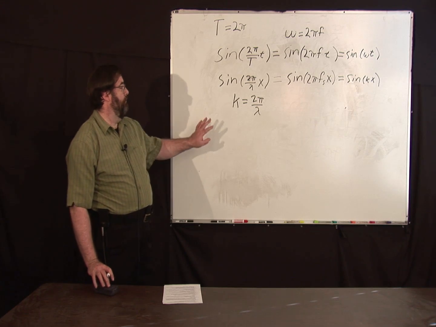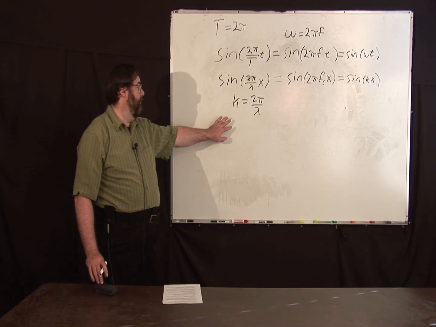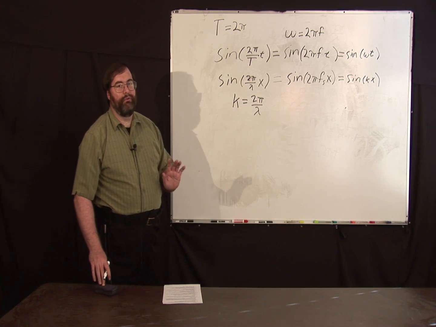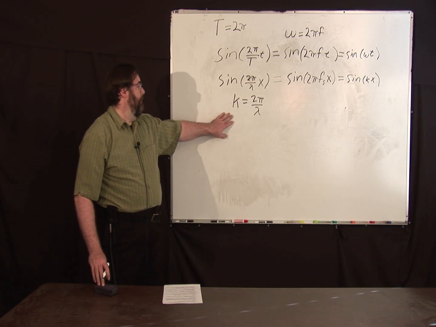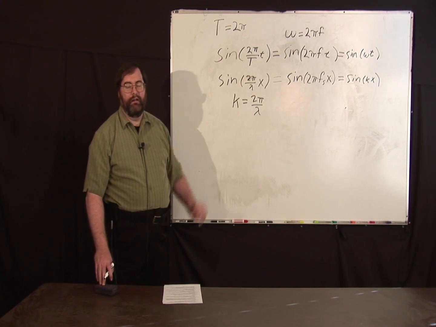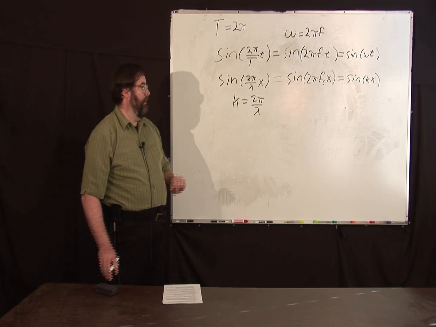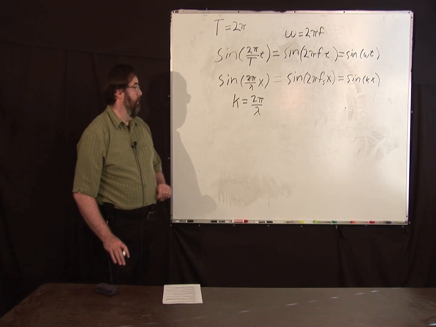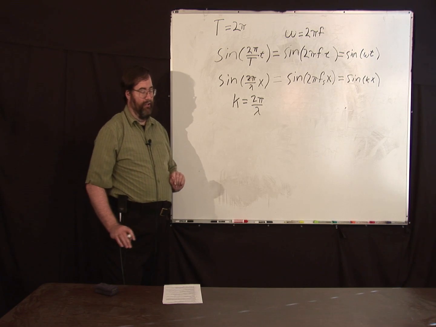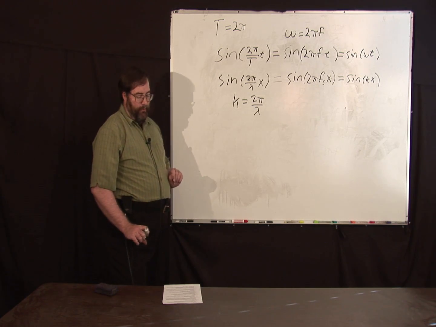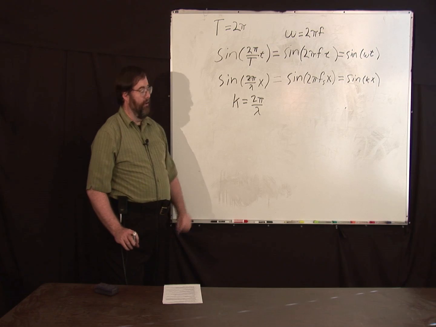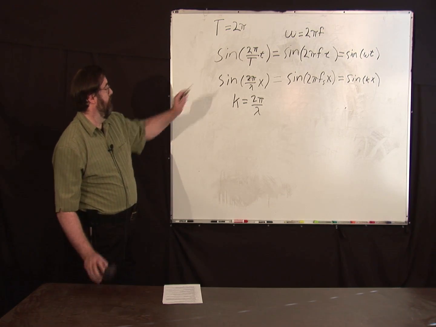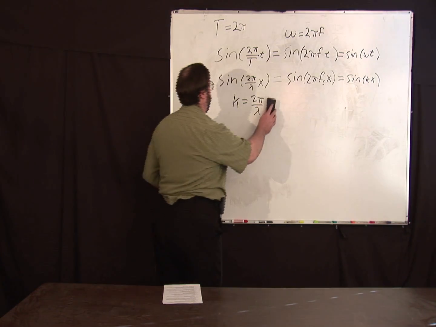Now, in the cases when you have something that's both functions of time and space, called wave phenomena, which we'll cover next week, there's a relationship between k and omega, and that has something to do with the speed of propagation of the wave. But that's not what we're going to talk about this week. That's what we're going to talk about next week. Okay, we've got these relationships. Now we're going to talk about these various functions here. And